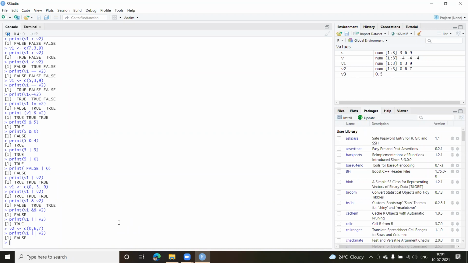And remember, in this case, it is comparing only the first element. In case of the AND logical operator, only if both are true is it going to return true. In case of the OR logical operator, if either one of them is true, it is going to give me true. If both are false, then false. That is how it works.